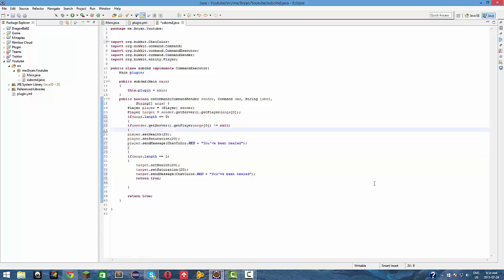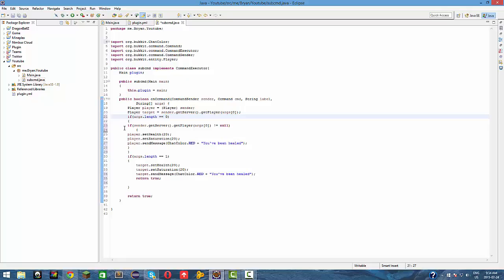Should I indent everything? Oh, I need to pull in my chair. Gosh, I hate when my chair isn't tucked in. There. Alright, so basically what the new thing is saying is if it only has one argument, which is /heal,